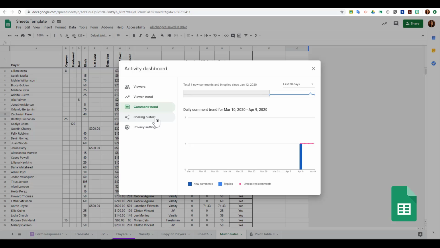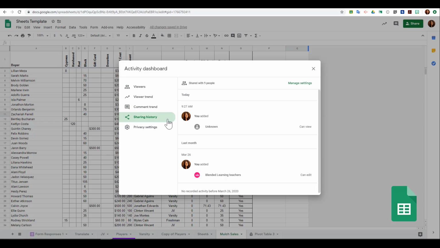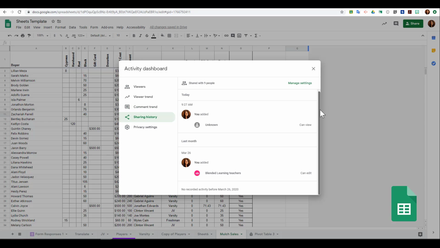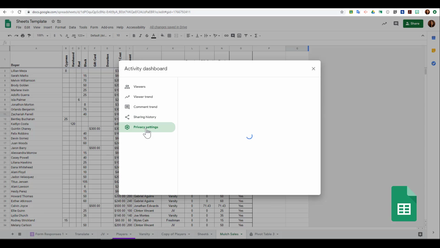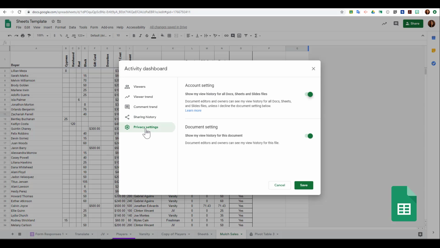have been made. In your sharing history, again, it's going to show you who this has been shared with and when, and then your privacy settings will allow you to turn on or off the ability for people to see when you have viewed